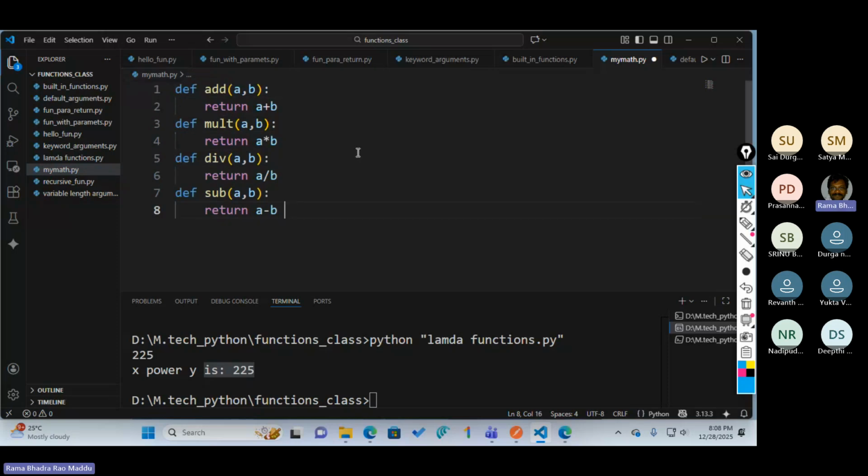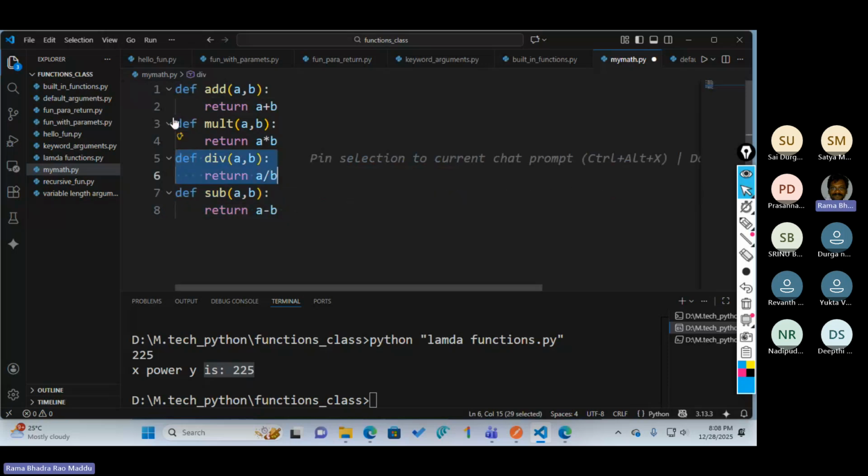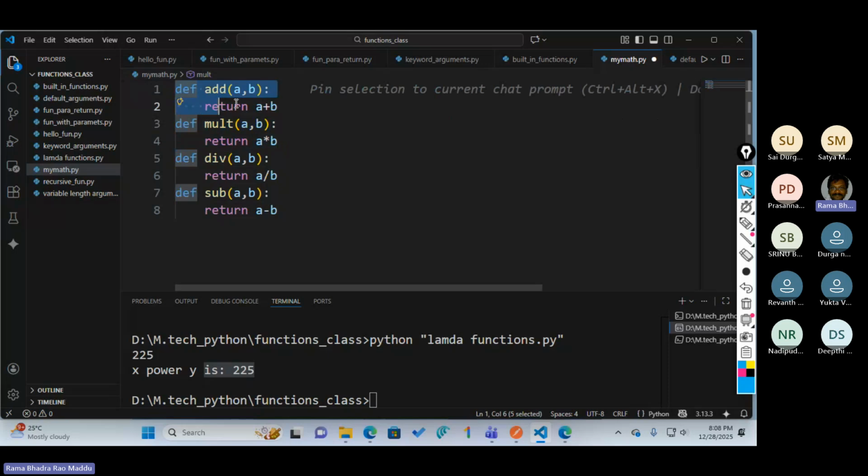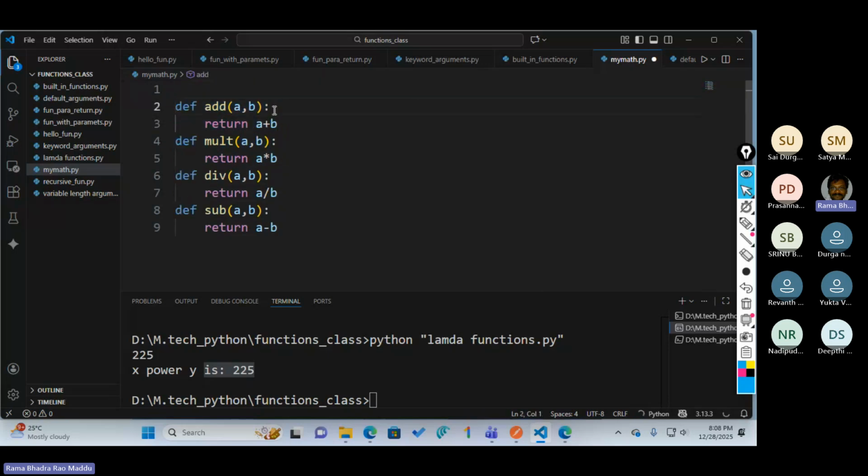So I wrote four functions: sub is a function, div is a function, mult is a function, add is a function. Like this, I can write any number of functions. But what is my module? The Python program name, mymath, is the module name. The file name you give is the module name.